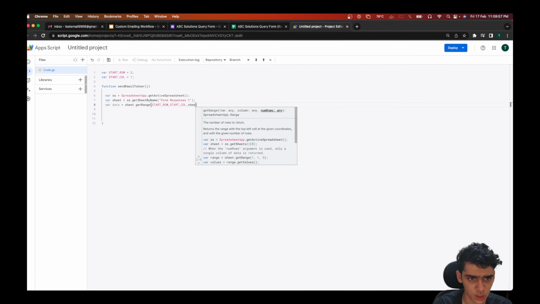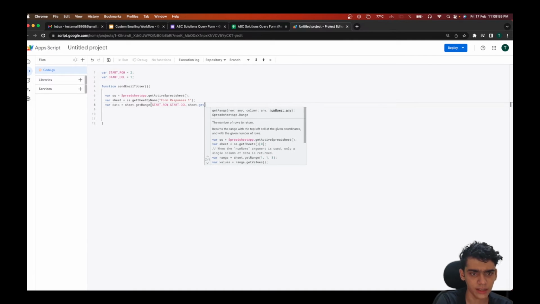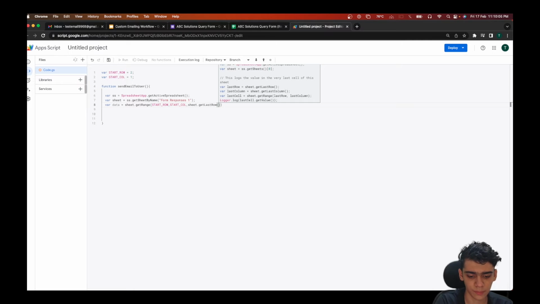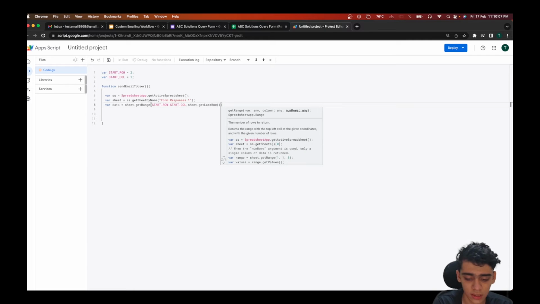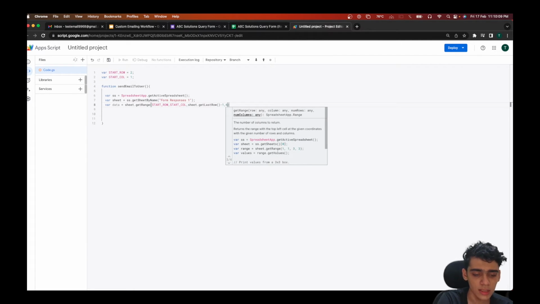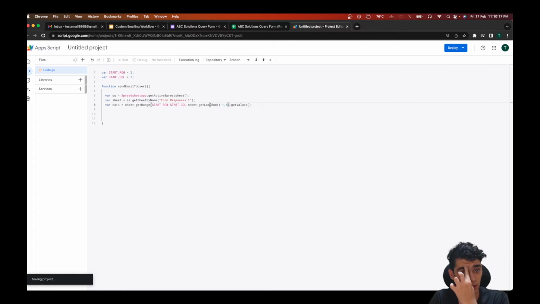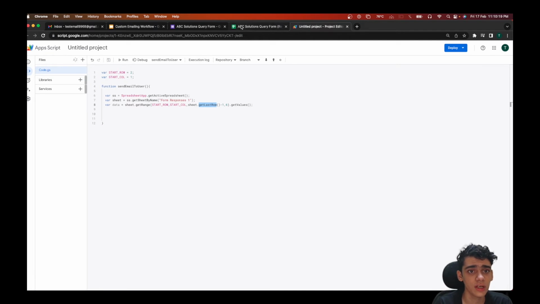After which we'll be doing sheet.getLastRow, and I'll be just putting the brackets here. And after this, I will be doing a -1, 6, and then I'll be doing a getValues function here. So why I've done -1 is when it looks at the getLastRow function, you might